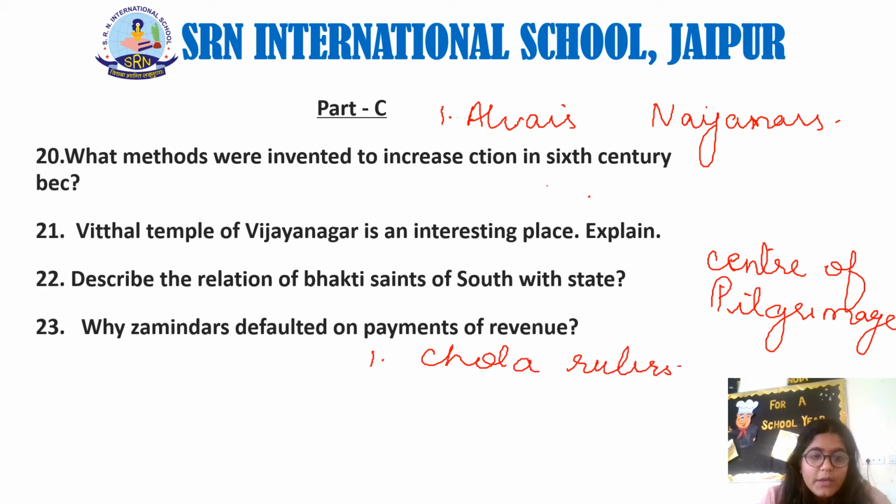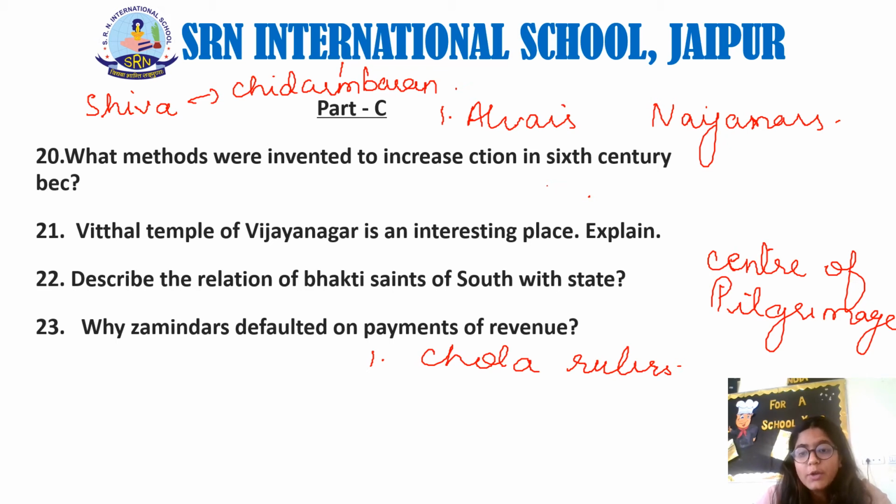Now we'll also see that the powerful Chola rulers kept on supporting the Bhakti movement, and they donated lands and a lot of money for this movement. There was also a Shiva temple in Chidambaram, which was built by the ruler. Also, in Thanjavur, there was one more temple, Gangaikonda Cholapuram temple, which was built by the Chola rulers. So you can see that the rulers of the Chola dynasty supported the Bhakti movement throughout, and they were not lagging behind.